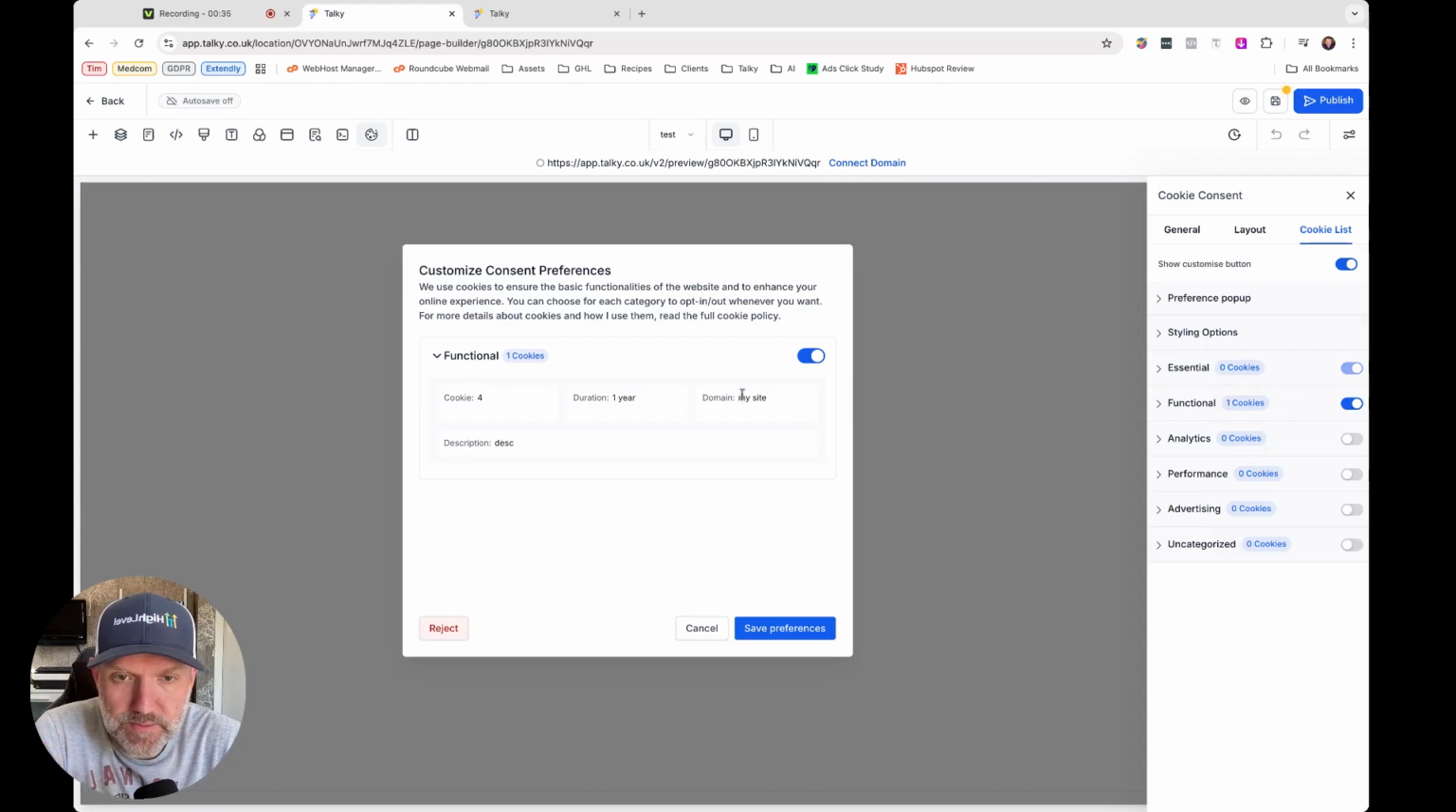Now, this cookie information, you've got to go and find it yourself. You've got to go and dig it out. And if you don't use this CMP to do this for your non-essential cookies, you need to add them to your cookie policy. So there needs to be somewhere on your website that describes the details that you can